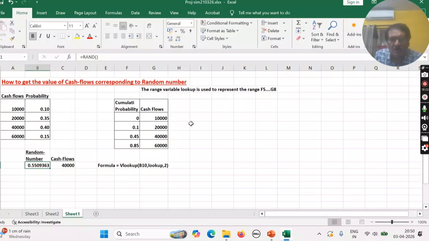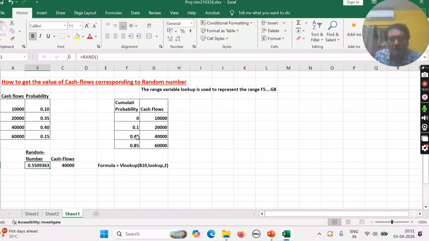In this way you will write it in this table. Sir, why have you written it this way? Because if the cumulative probability is up to 0.1, even 0.09, the demand will be this, because the probability is 10%. That means up to 10%, the probability value will take this, that I will show you.